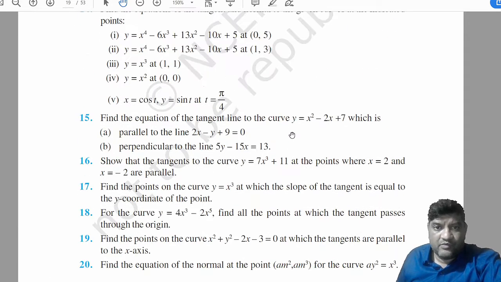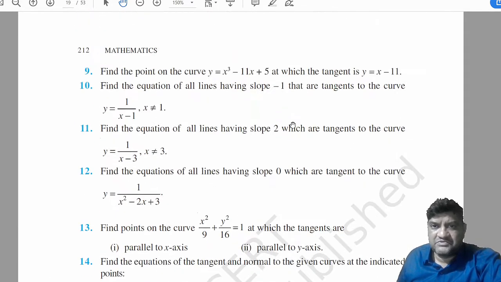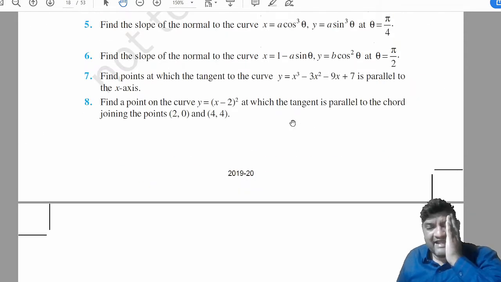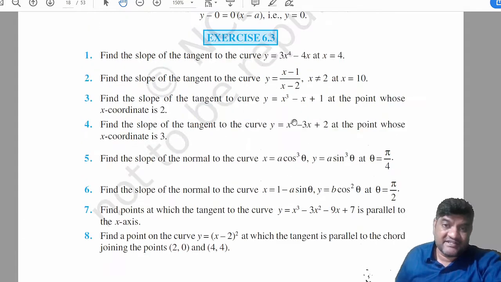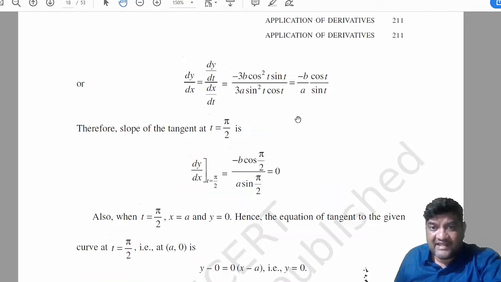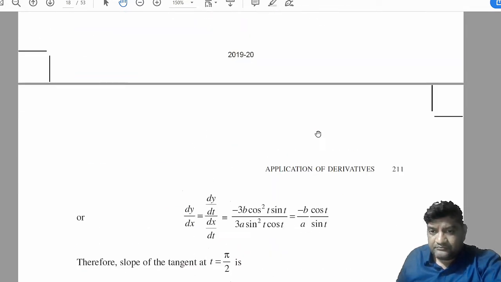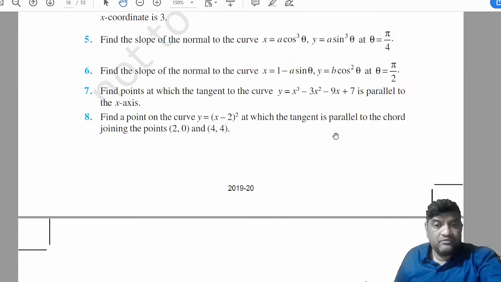You need to be thorough with your differentiation process. You need to substitute and then get the tangent. What's the idea? What is a tangent? What's a normal? What is the slope? What's the point of intersection? If you know these things, you're done with tangents and normals. Nothing else. I'm moving on to